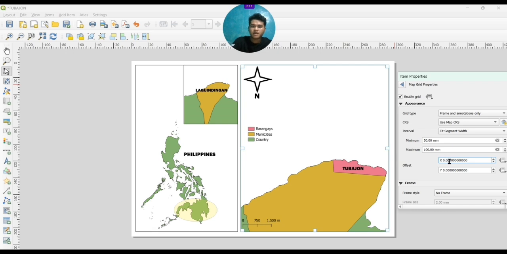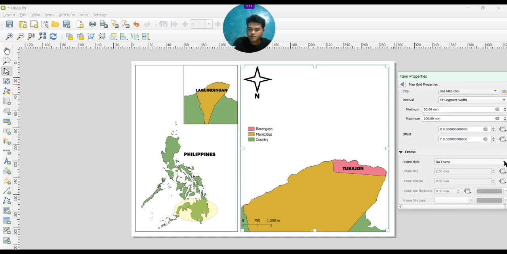Then these are my tips also. So in the offset, the thing that I preferred is just put 6 in between those numbers. Yes, 6, and then adjust it. I just want to put 6. It depends on you what you would prefer. And in my case, I just want to place a number 6 for 0.06. Then click on frame style, no frame, and then click for interior and exterior text. Now we're done with that.